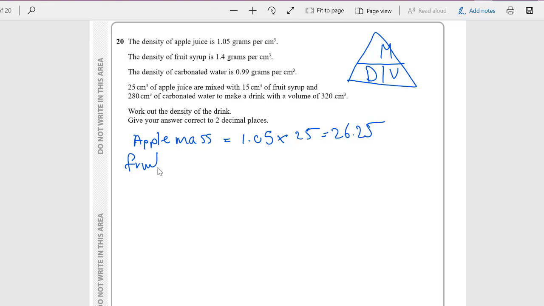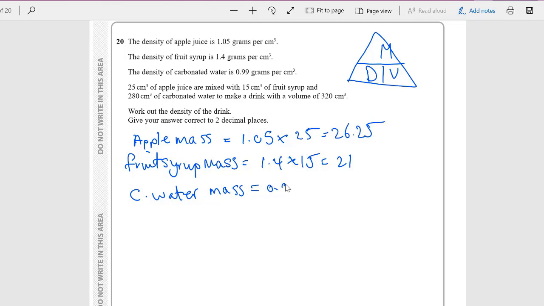Then fruit syrup mass equals 1.4 times 15, 21. Carbonated water, which I'm not going to spell in full. Carbonated water mass is 0.99 times 280, which is